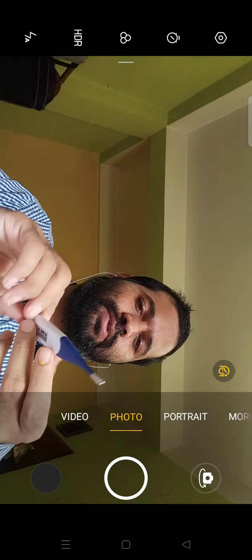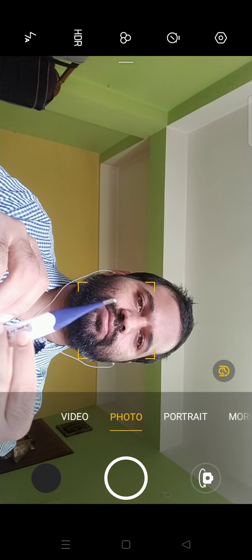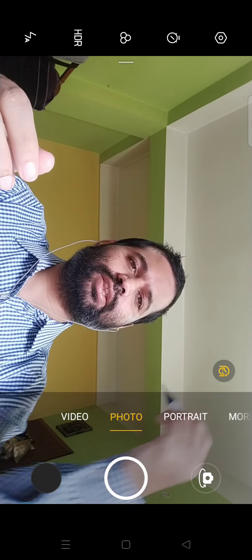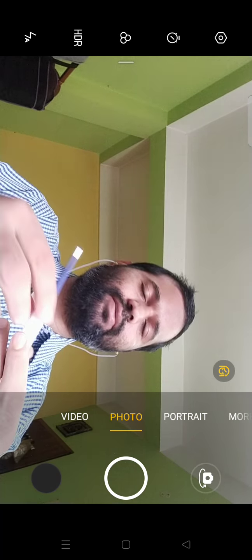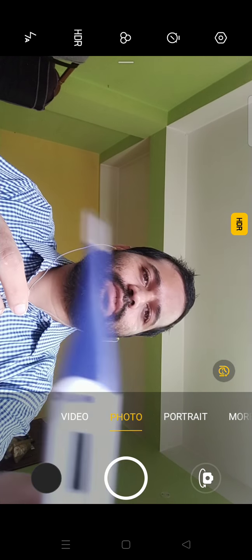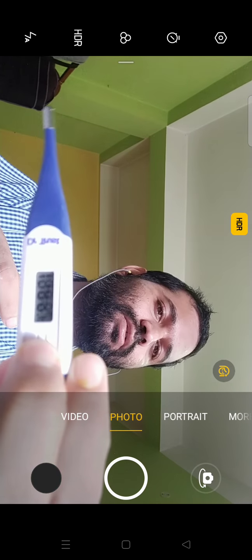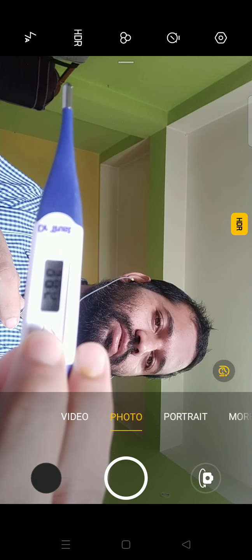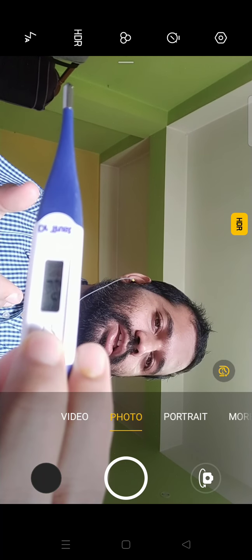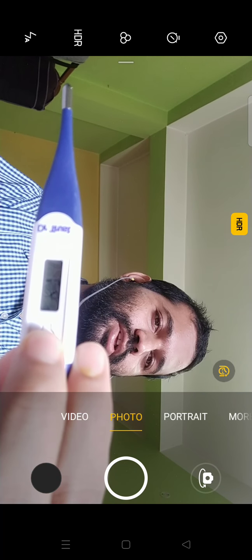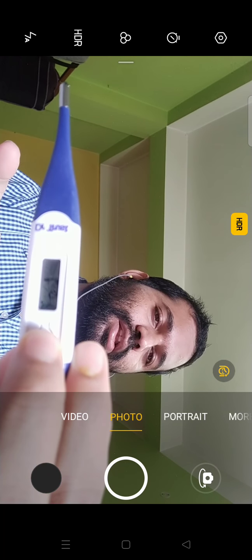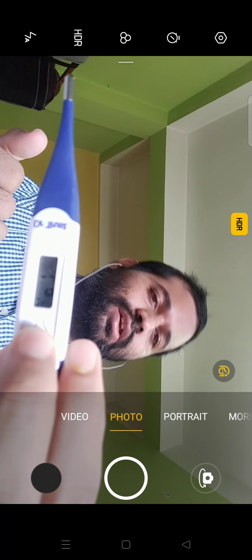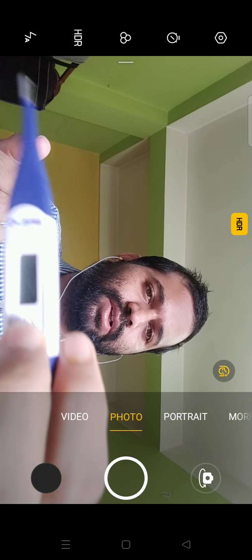So this way you can calculate. In this case, you don't need to shake this one like this, okay? Whenever you start again, you can see it will start from 0. It has been turned on. So again, just see, it has come to 0. Now when you start again and keep it like this, you will get that person's temperature.